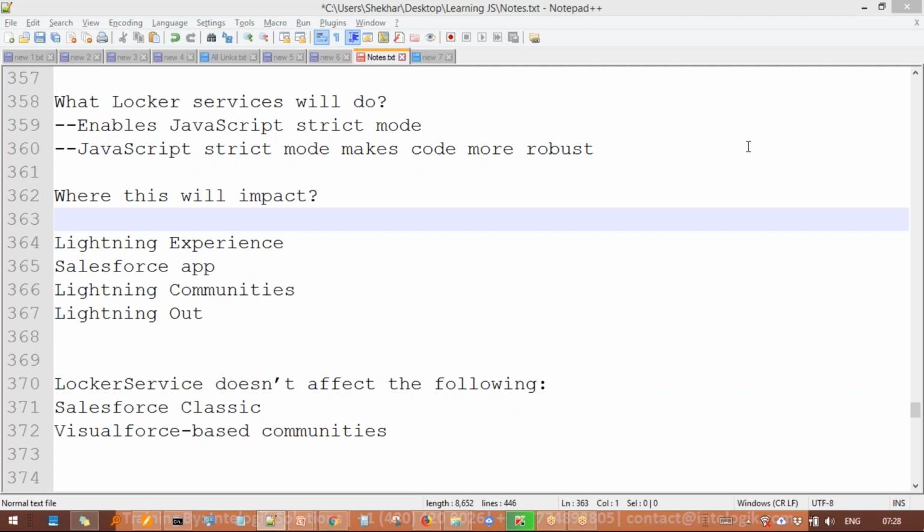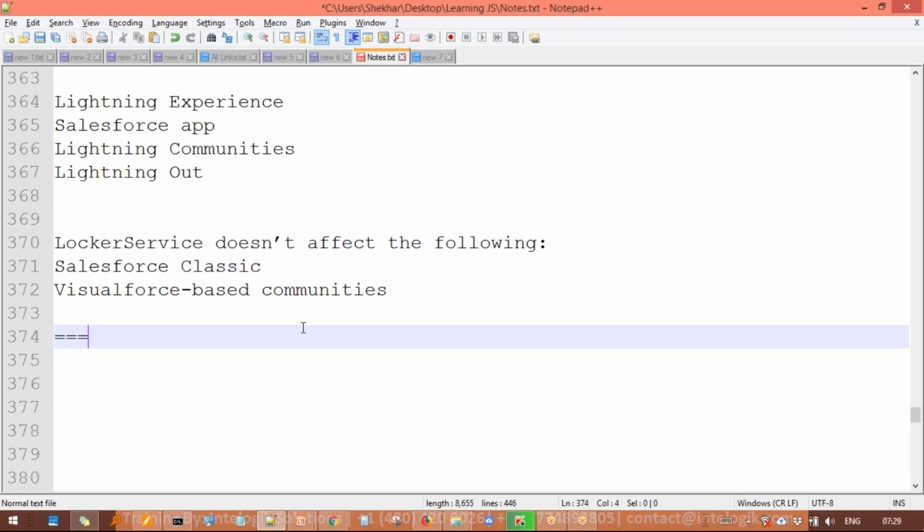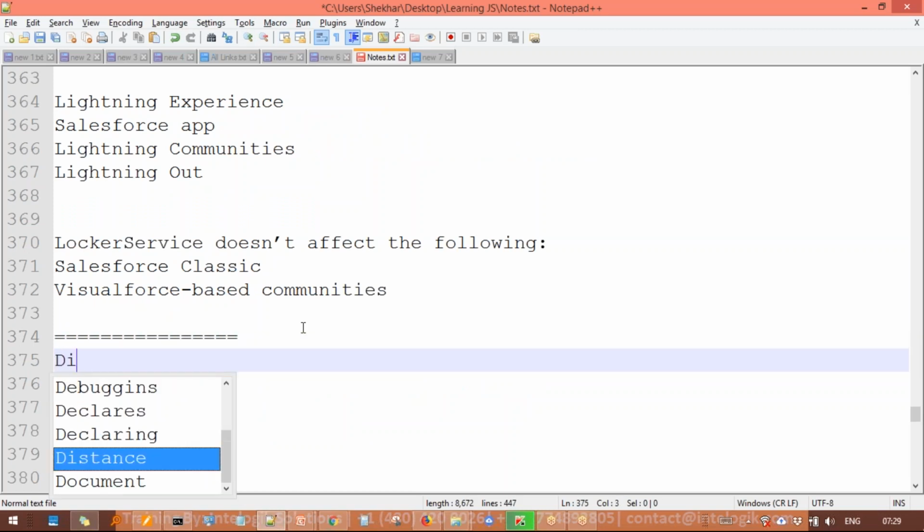Now please note, by disabling Locker Service we are not doing any kind of good thing. It's actually just a small adjustment for temporary purposes. I'm telling you this for your day-to-day work and understanding. So if you want to disable